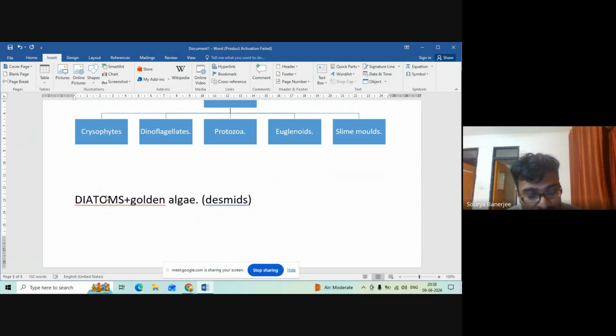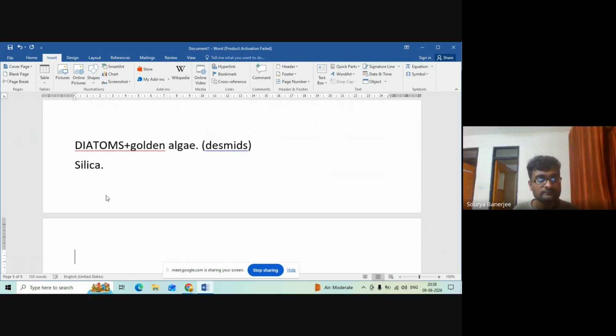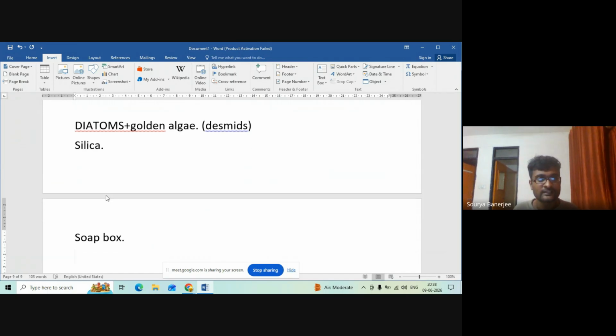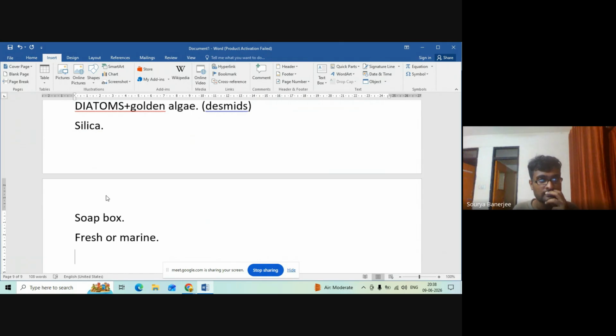Next one is their cell wall is made up of silica. The third point is that these cell walls normally have two parts. Each part is fitted with the other like a soap box. They are either fresh water or marine, and they are mainly fresh water or marine. They make the diatomaceous